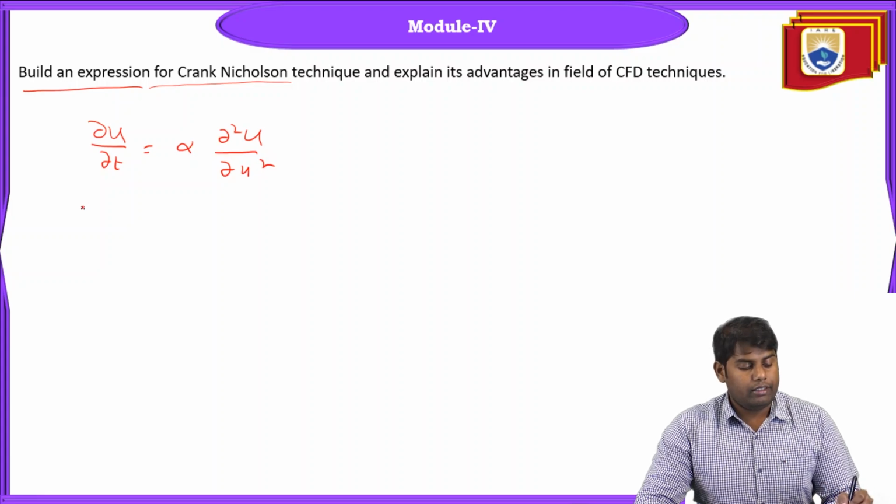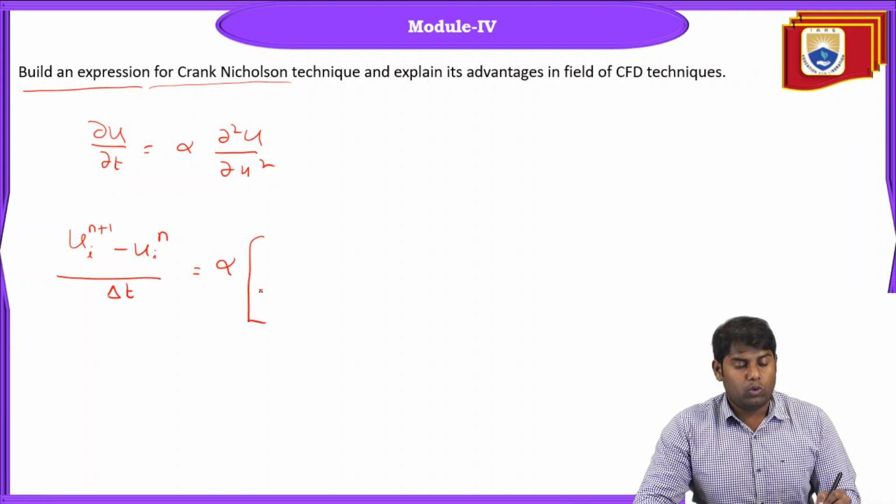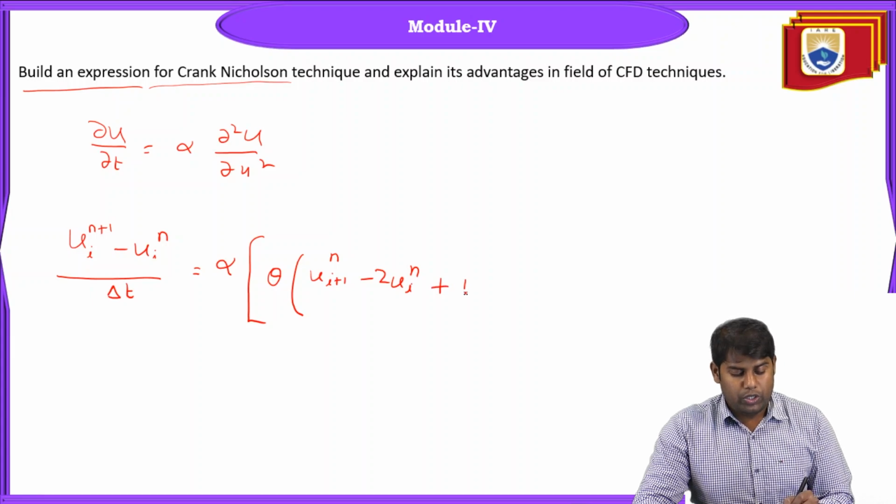And we have written the semi-implicit Crank-Nicholson scheme as (u_i^{n+1} − u_i^n)/Δt = α × [θ × (u_{i+1}^n − 2u_i^n + u_{i−1}^n)/Δx²